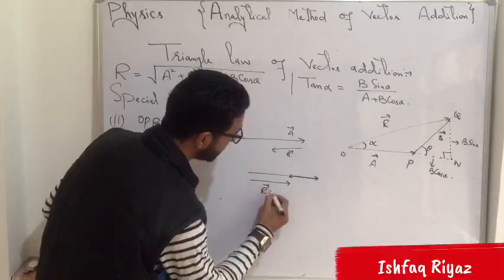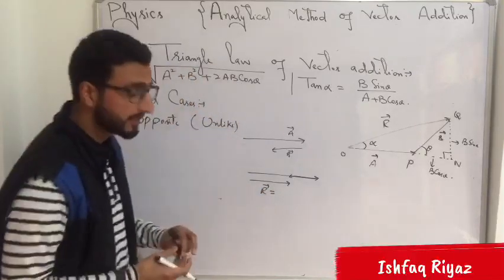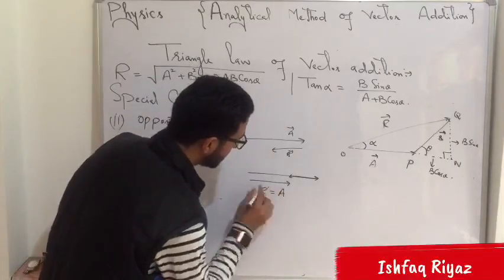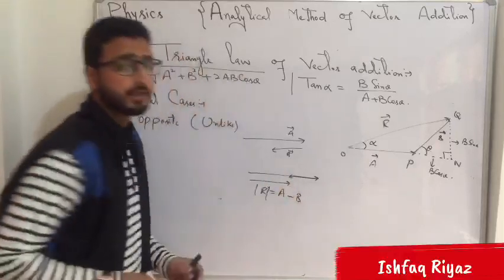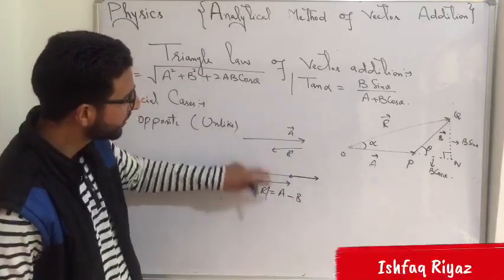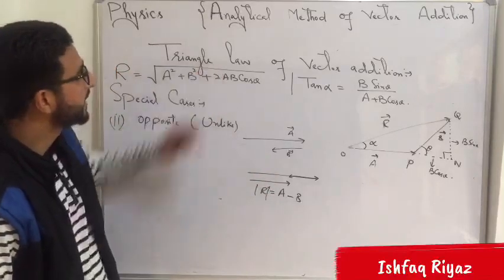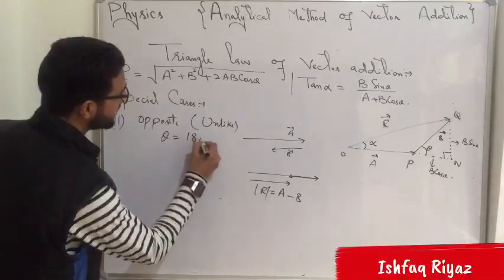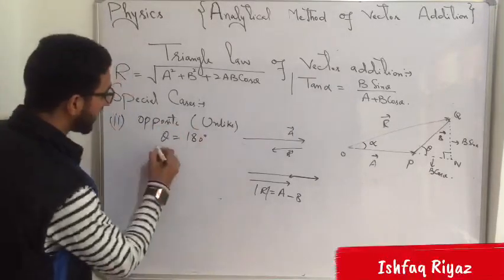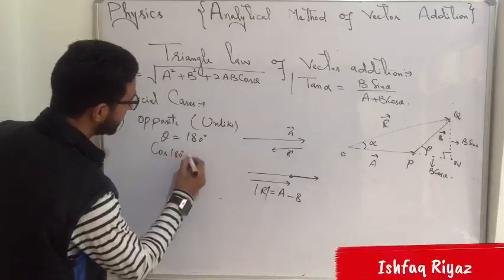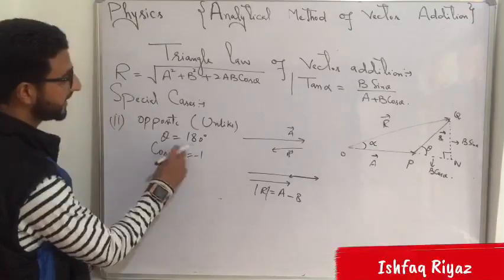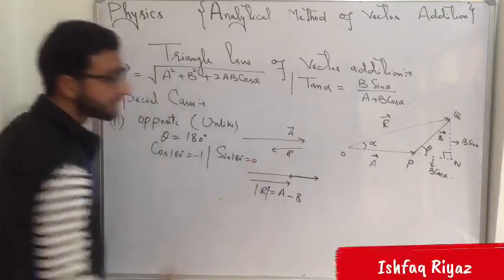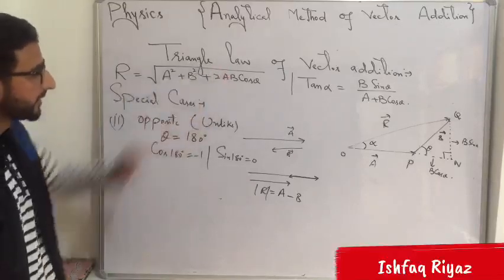So this will be the direction of the resultant vector R, rather magnitude of the resultant vector R, and as per this very diagram, the magnitude should be equal to A minus B in this very case, right? Okay, let us try to calculate this very expression from the mathematical or analytical method. So in this very case, theta is equal to 180 degree, और आपको ये भी पता है cos of 180 degree is equal to -1, or you can say cos pi is equal to -1, and sin pi is equal to 0. Sin 180 degree is equal to 0. ठीक है ना? So let me substitute it here.